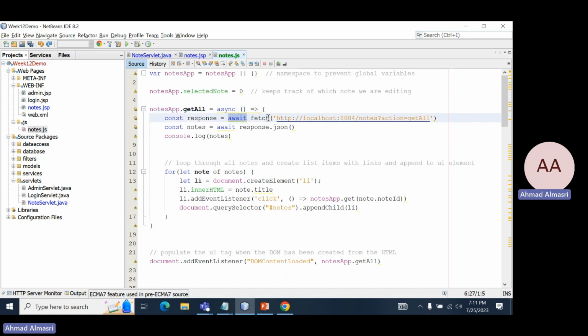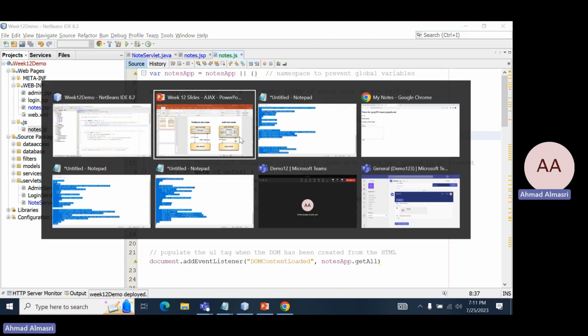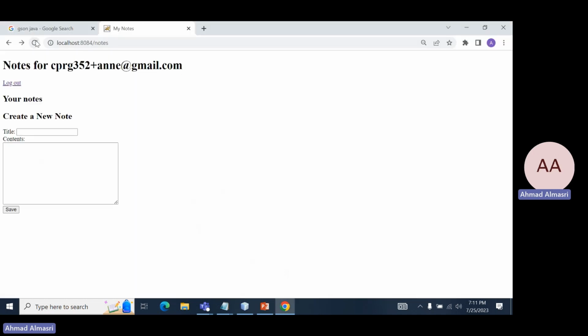And if you see what I'm doing here, I say fetch, I'm sending the request to get all, and I say await, like we are waiting for data to come back to us from the web server. Then we convert the data to JSON. After that, we can console log these notes. Before I go further, I will just save it right now, and I want to show you what we have up until here. If I save it, go back here and refresh the page,